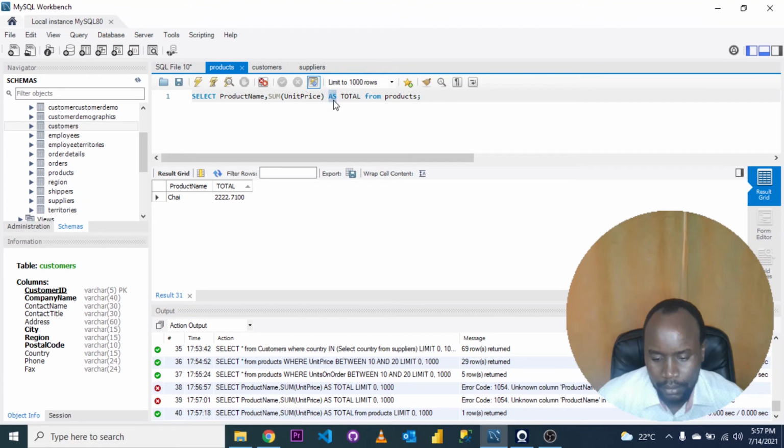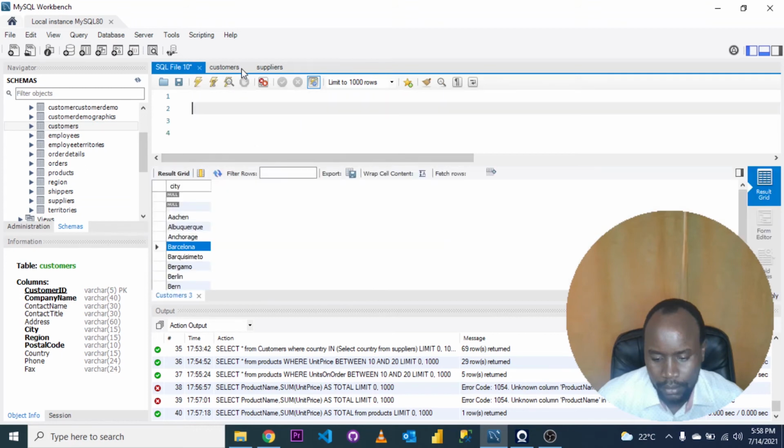Okay, so sometimes you select maybe a column and it has a name that you may not like to appear in the results. You can give it an alias, so that you give a name that pleases you. Next, we look at primary keys and foreign keys. So if you look at these tables,